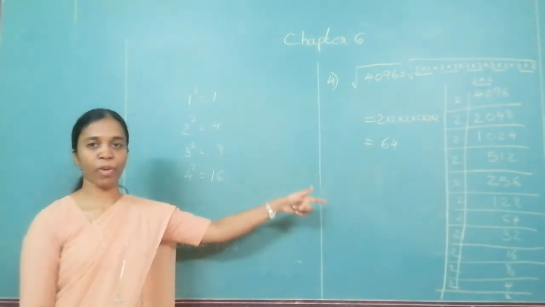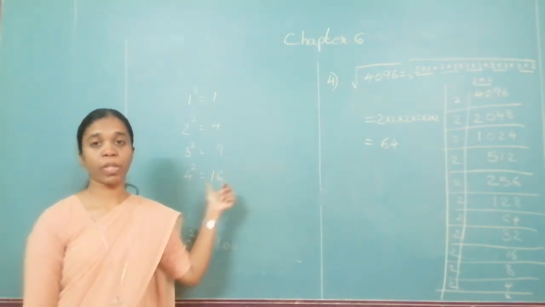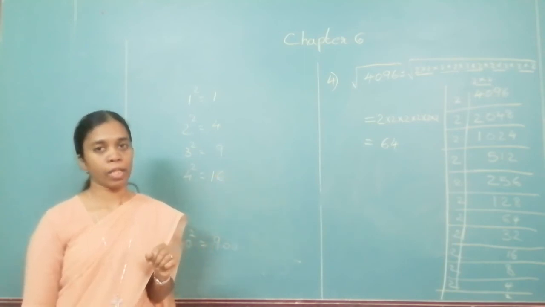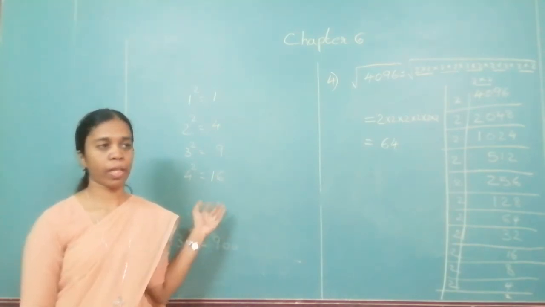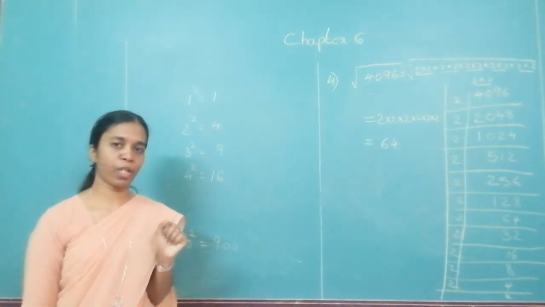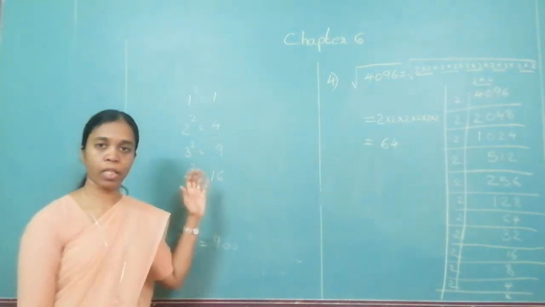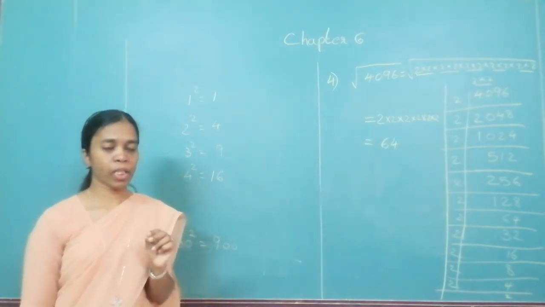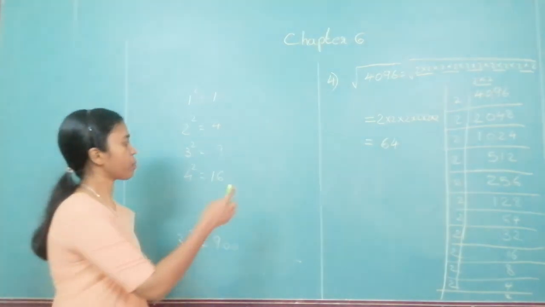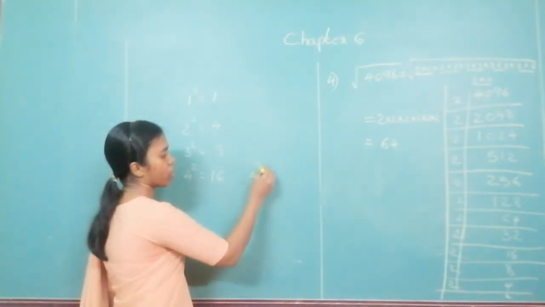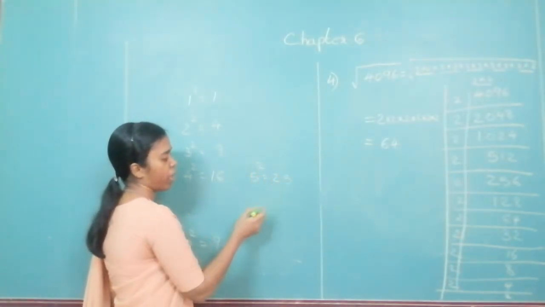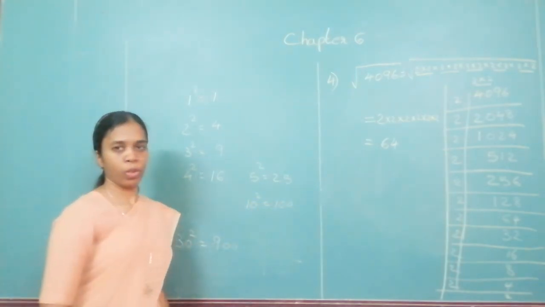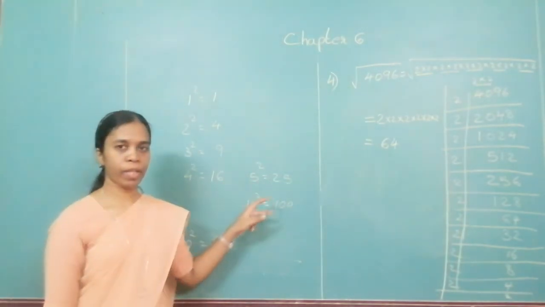Because whenever we have to find the square root, it is very simple and it is useful even in the coming classes also. We have to learn it by heart. Things will become very easy and handy for you. So just learn the squares by heart. Okay. Also when you are learning the squares, as I said, 5 square is 25 and 10 square is 100.